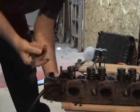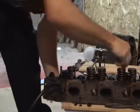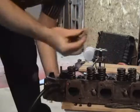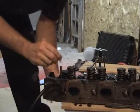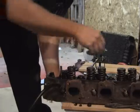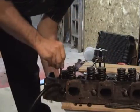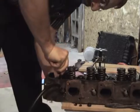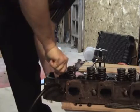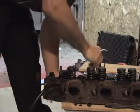Now, to install a new valve seal, depending on what kind of a kit you get, you may get a valve seal installer tool. And what this does is it slips over the top of the valve stem like that, and that guides your new seal into place. Push it down over the valve guide. You'll kind of feel it snap in there. You know you got it installed when you feel it snap in. Okay, then